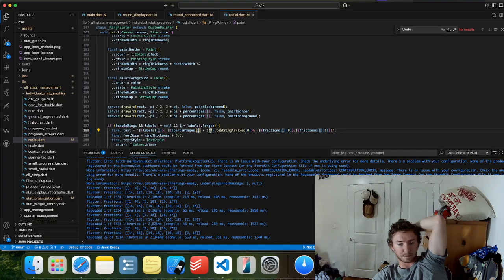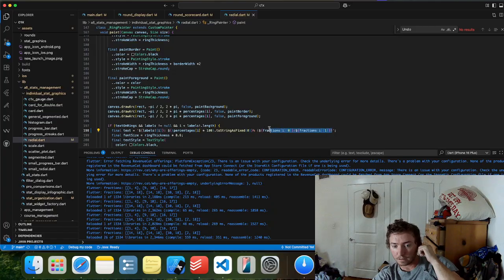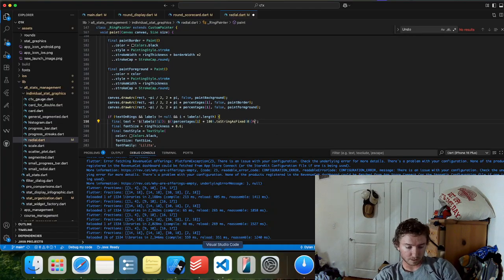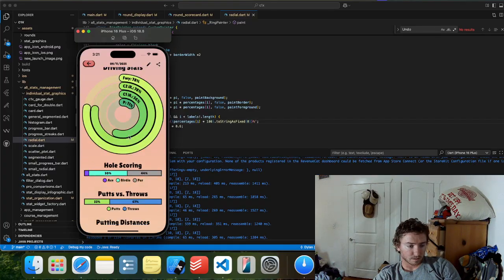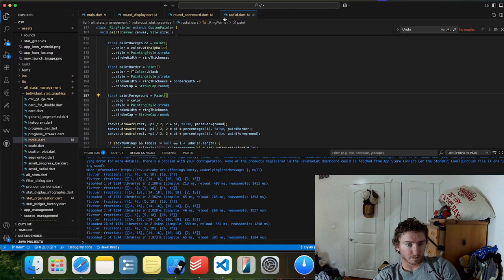I don't think I'm going to be able to fit them there, but that might be my only real bet here. Let's go save that so those aren't showing anymore. Yeah, there we go. Okay.